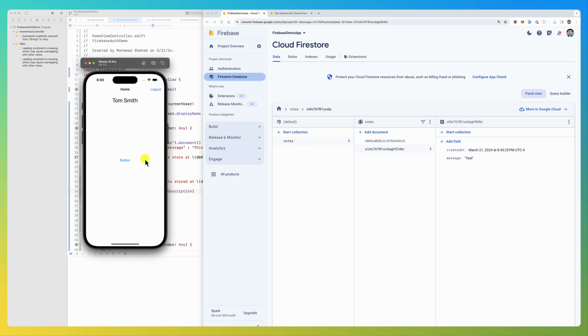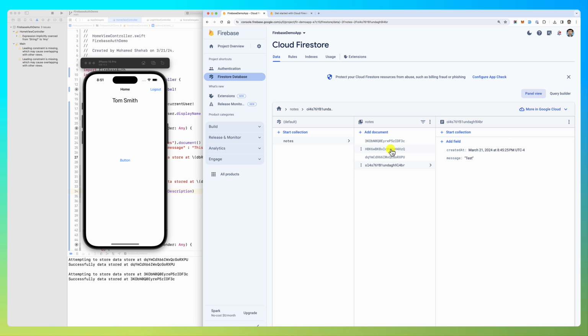And notice when I click the button, your eyes should be on this side, and I click the button and it is successfully stored. There's another component that got added. Add another one, and it got added. So basically if you click here, here it is, created at,